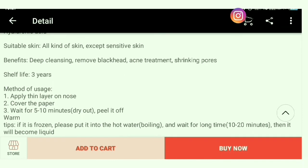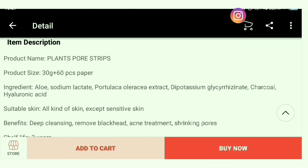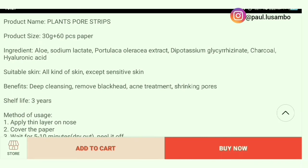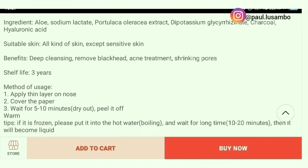Here are the details if you want to learn more about these products, the benefits. The benefits of these products are deep cleansing, removing blackheads, acid treatment, shrinking pores, and so forth. So it can stay on a shelf for 3 years. So you don't have